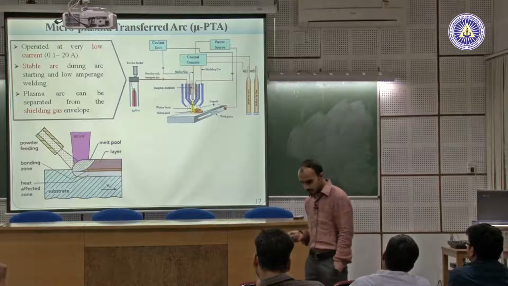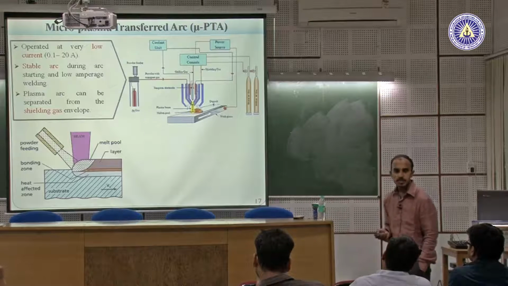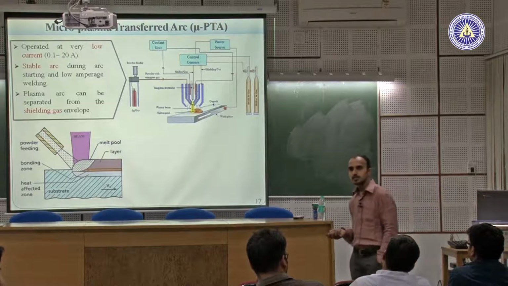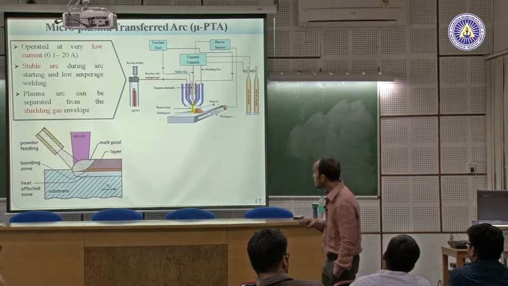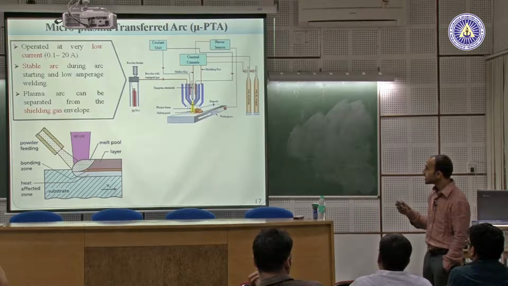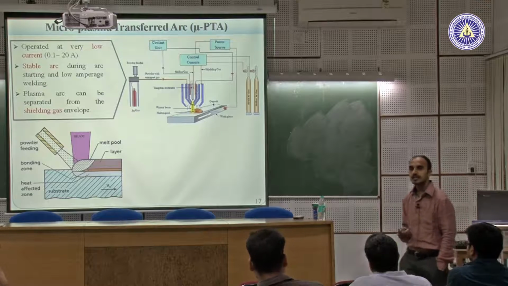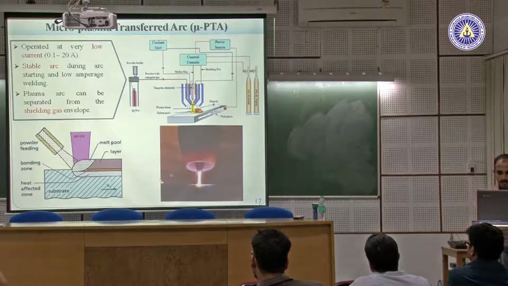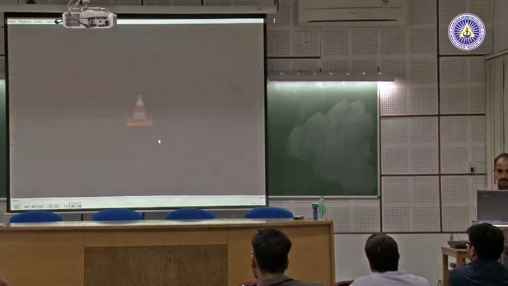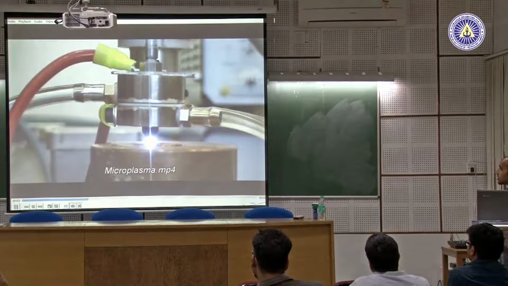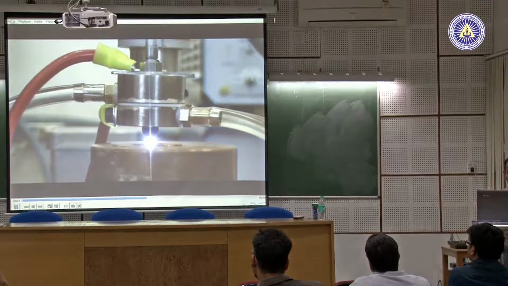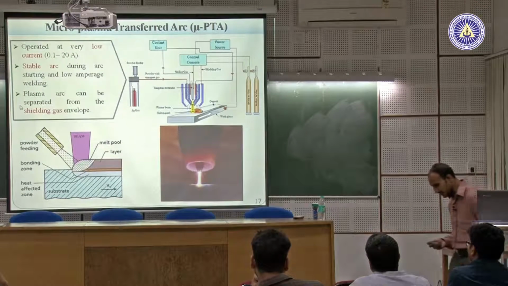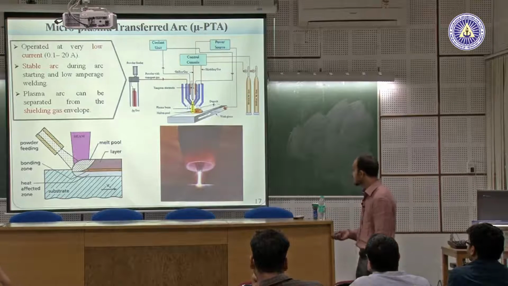This plasma creates a melt pool on the substrate, and the powder fed onto the substrate absorbs the heat and creates a weld bead on that substrate, and we can use that method layer by layer. We can create additive manufacturing. We can see this additive layer manufacturing with microplasma for different purposes. We can use it for a number of applications, which we can see in the next slide.